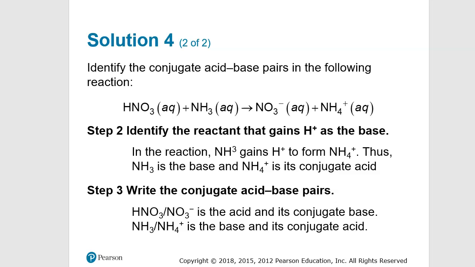All right. So the conjugate acid base pairs, they tell you to write them: nitric acid and nitrate, that's the acid and its conjugate base, and then the other is the base and its conjugate acid. It's convention where the reactants are the acid and base, and the products are the conjugate acid and conjugate base. So that's it for section 2. We'll see you again on